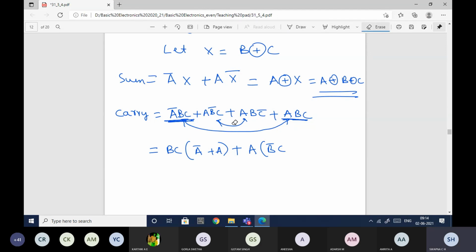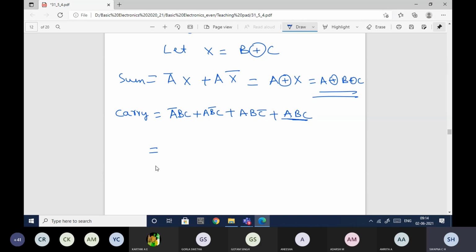Or wait, let me take it in a different way. I'll take C common between these two terms, and between these two terms, AB.